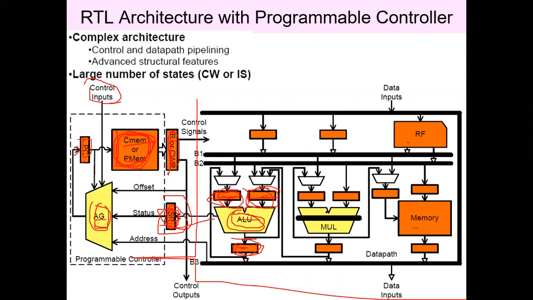And if you have a multiplier in this particular data part, we have a multiplier over here, right? This multiplier is actually a pipeline multiplier. This particular representation, this black line, shows that it's a pipeline multiplier. A pipeline multiplier requires minimum 2 stages. Right now we are assuming that this multiplier is a 2-stage pipeline. So if you are performing a multiplication operation, how many clock cycles will it take?